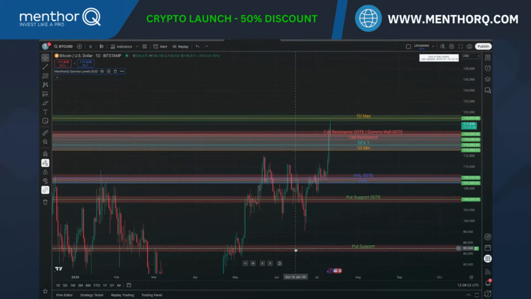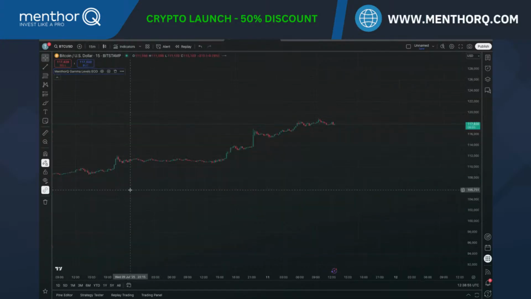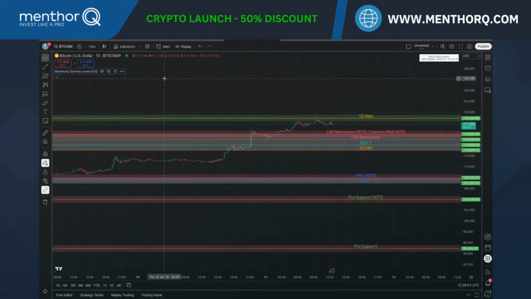The 1-day max, it holds. So if you were trading options on it as a day trader, around here, you could have sold a bear call spread or gone short or something. Wonderful. You would have collected great premium. Or what I like to do is, if I see that we're going into something like that, and if we boil it down to, let's say, 15 minutes, reduce the noise, give it a second. I like selling flies during the day.